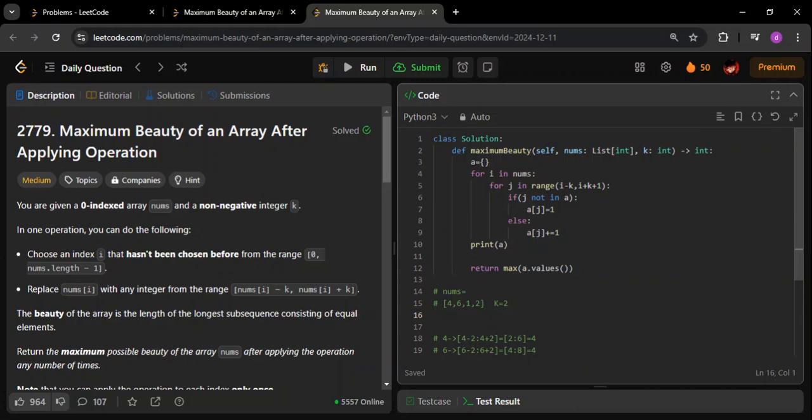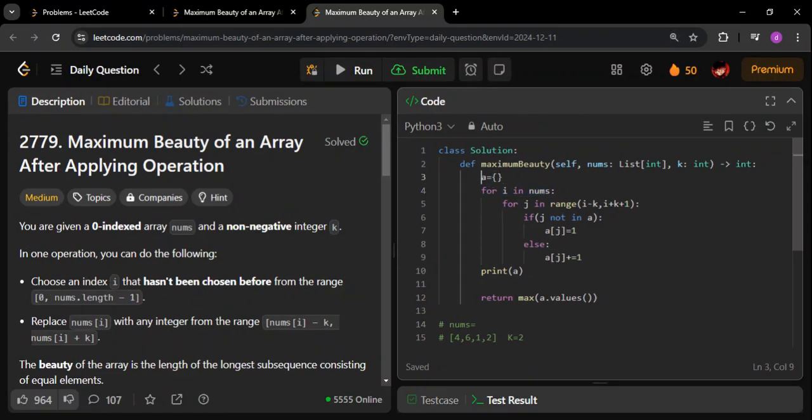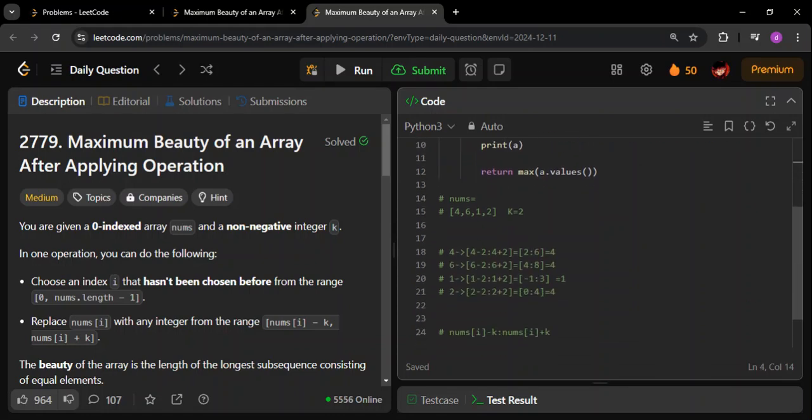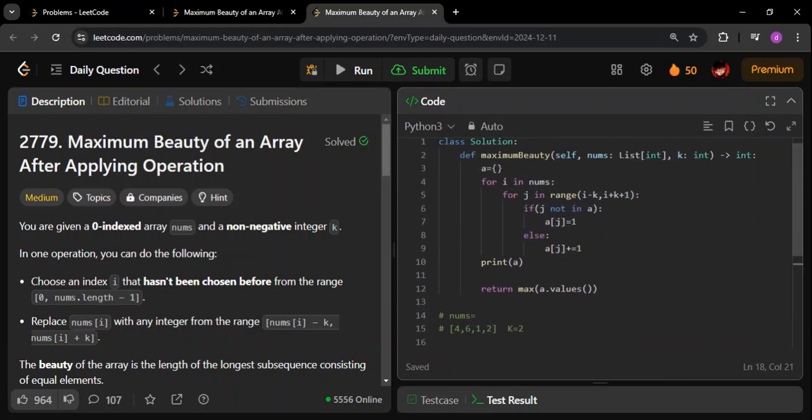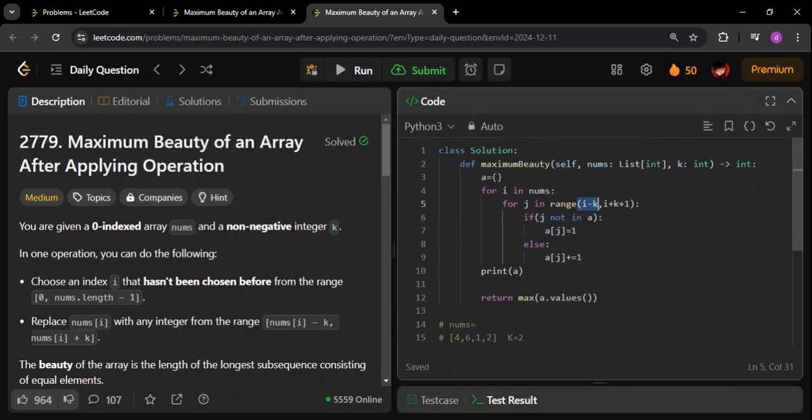So what I'm doing is going through each element. Let me zoom in. I'm going to use a map, you can also call it a frequency map. For each number, you're storing its frequency, as simple as that. I'm going through each number, then going through each number in its range. This 4 will be replaced with a number in this range. So I'm going into this range from i minus k till i plus k,